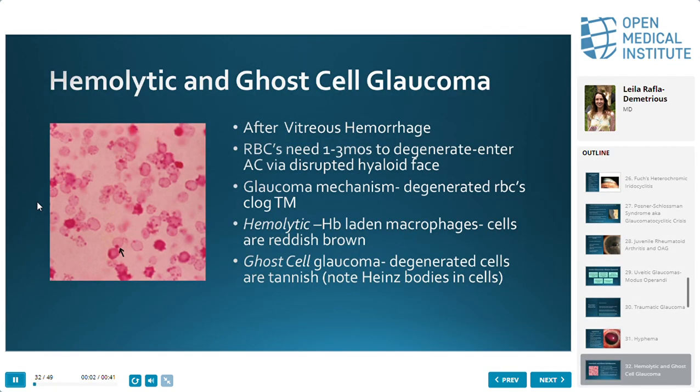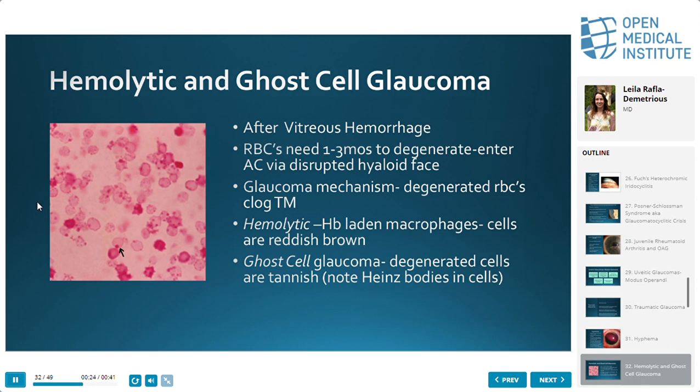So hemolytic and ghost cell glaucoma is another type of blood-related glaucoma where this is actually coming from the posterior chamber after a vitreous hemorrhage. Red blood cells actually need up to 3 months to degenerate, and they can access the anterior chamber through a disrupted hyaloid face. And so it causes glaucoma in a couple of different ways, but mostly it's just physical clogging of the trabecular